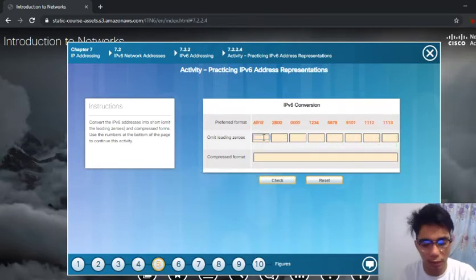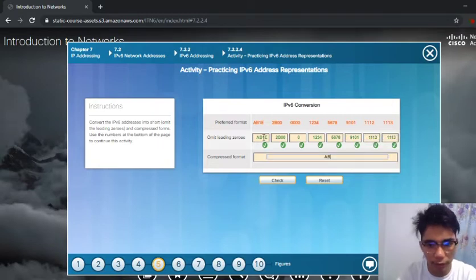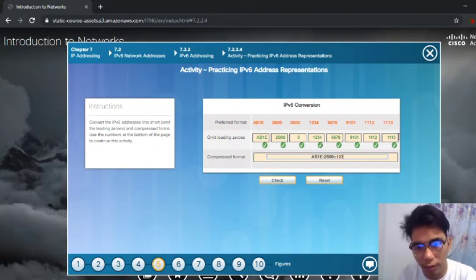Then A B 1 A 2 B 0 0, then 0 3, 4, 5, 6, 7, 8, 9, 1, again. A, B, E, then 0, then omit the 2 column, 2, 5, 6, 7, 8, then